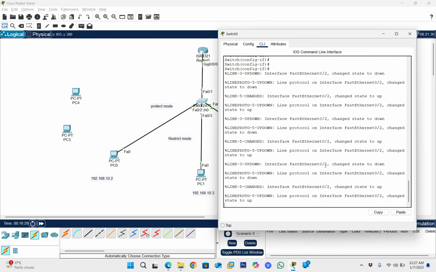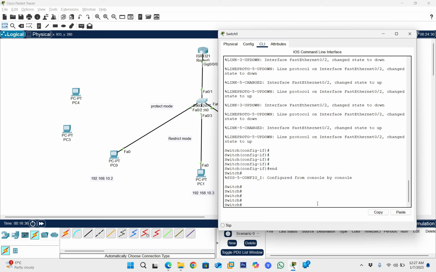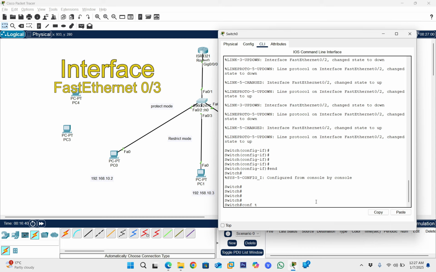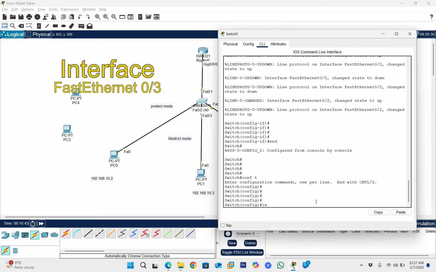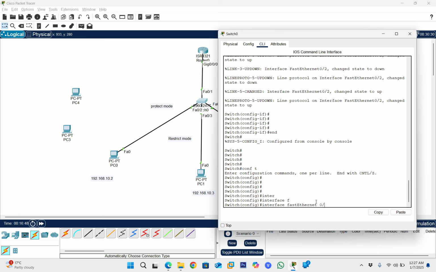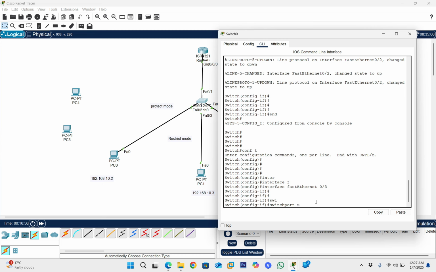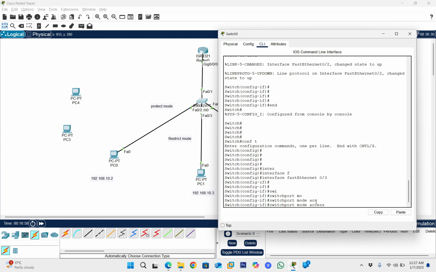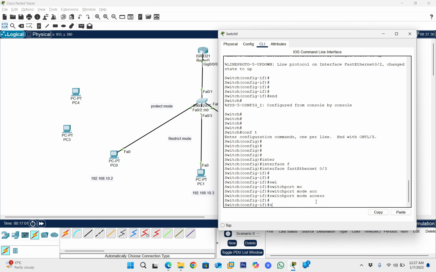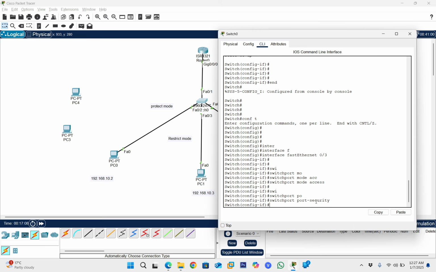Let me open the switch and access the port which is FA0/3, okay? Config T and interface FA0/3 and hit enter, and the command switchport mode access. First we need to access the port, and switchport port-security we need to enable, hit enter, and switchport